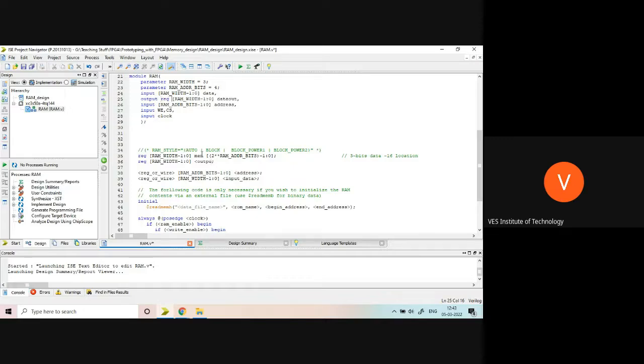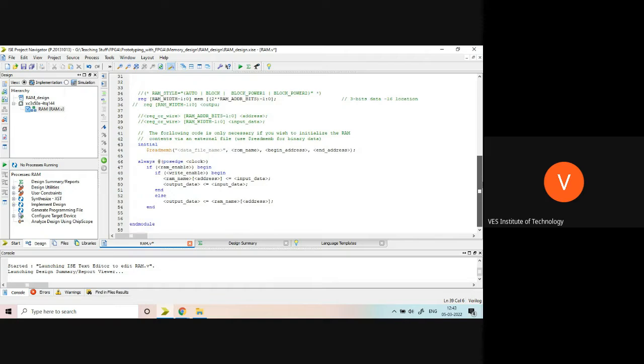Mark this as a range. So there is no need to write range here. Then here, address, you don't have to declare again, or wire, we do not require. Input data and wire, this is not required. Only I have to mark data out as a range. That's it. I think nothing else will be required. We'll see later if we require.